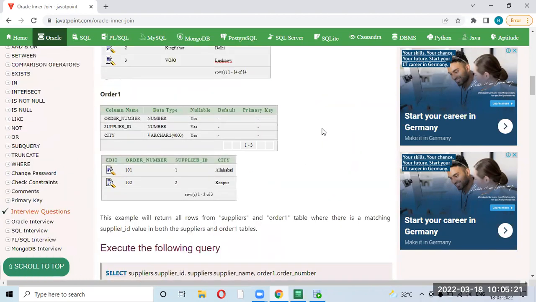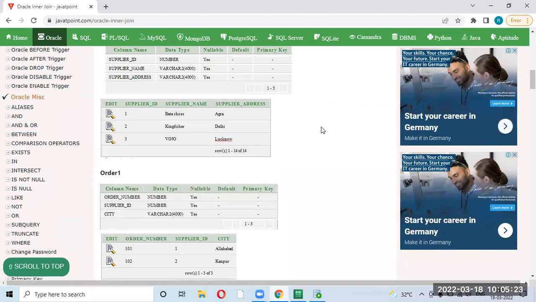Suppose the first table has two records with a duplicate supplier ID, and the second table also has two records with the same supplier ID. Then it will bring two.